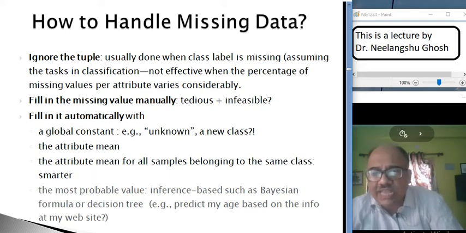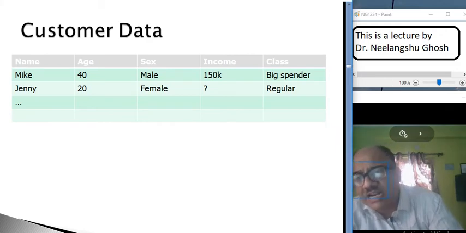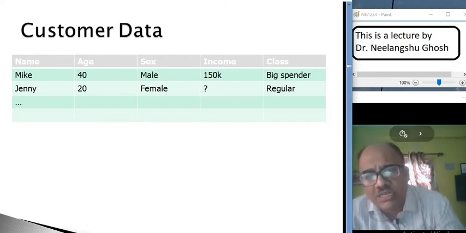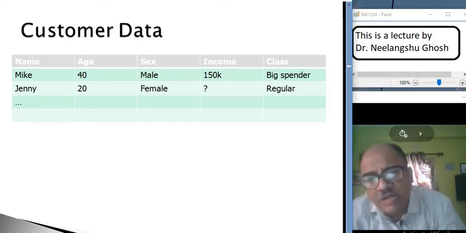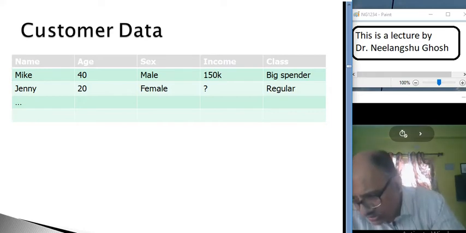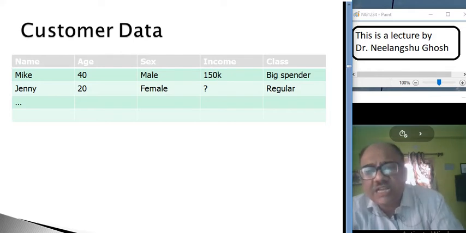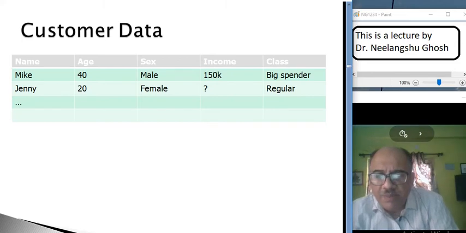It could be tedious and infeasible. Manually means, if there are several rows, you can check what the other regular spenders are doing, what is the level of income of regular spenders. So you can put an average value of the regular spender there. This is how you can fix the missing value. Say in the whole data set there are 200 rows, 200 different persons, and out of them, say 50 are regular.